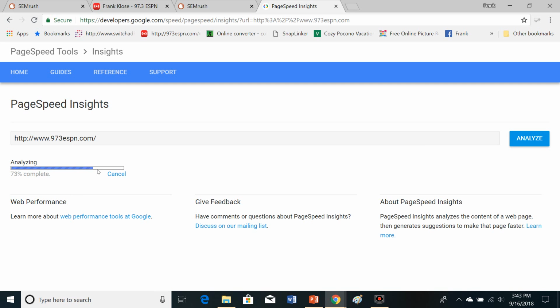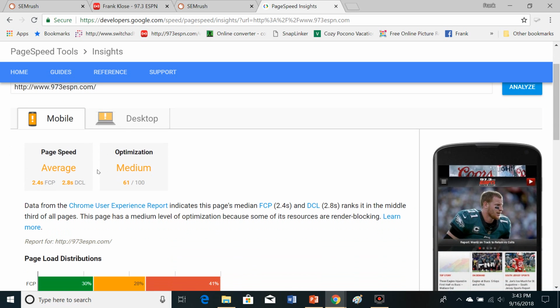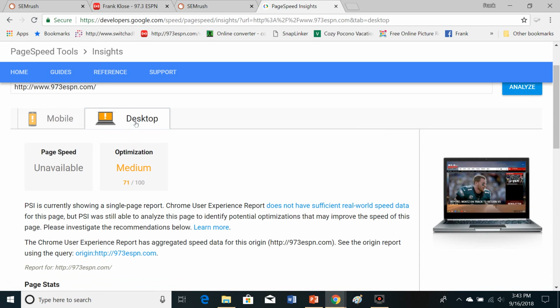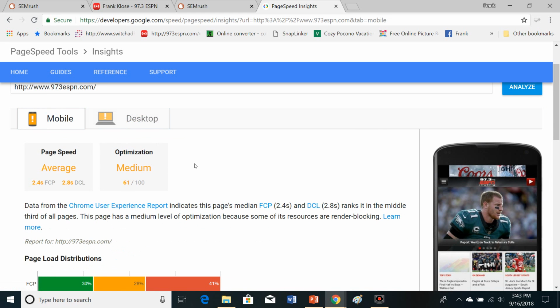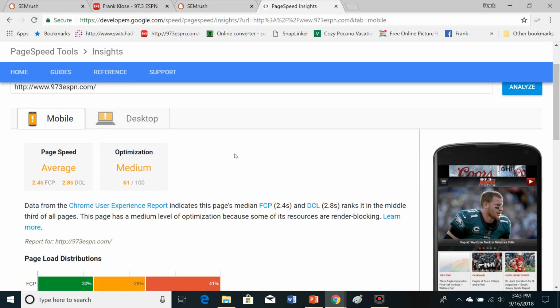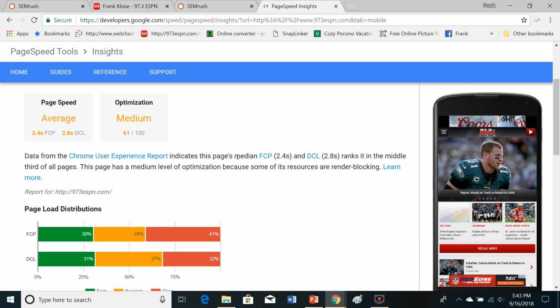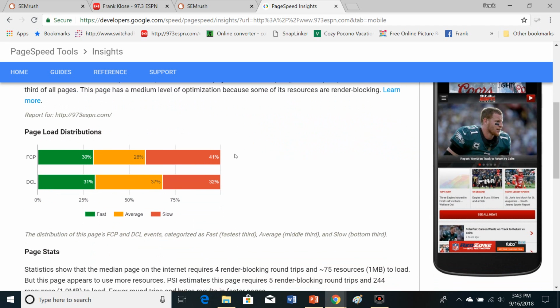analyzing, I'll say the report was generally pretty good there, but I think we will see here though in terms of desktop. Actually, I'm really glad I had two tools because I'm very surprised to hear that they don't have the availability of the page speed on a desktop. Now, I think the optimization is just medium, but